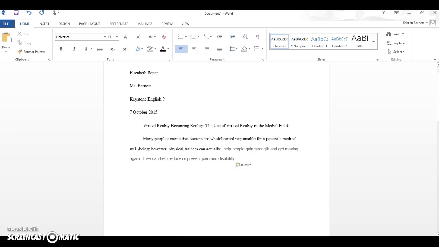So paste this, but look, see how it's a different color again? That means you copied and pasted it. So go to the control, keep text only, matches it. Alright, however, physical trainers can actually help people gain strength and get moving. They can help reduce or prevent pain and disability. Alright, so I haven't cited it yet within the text. So I could have introduced it up front. However, physical trainers, I could say it here,